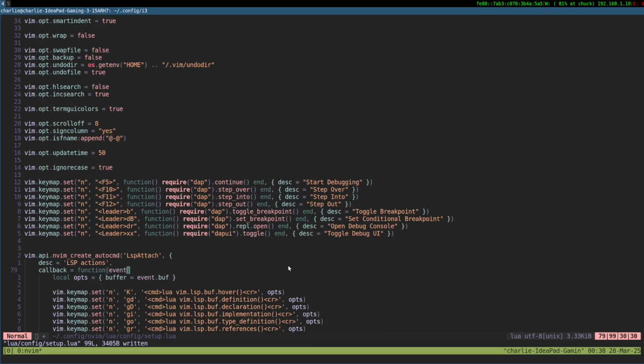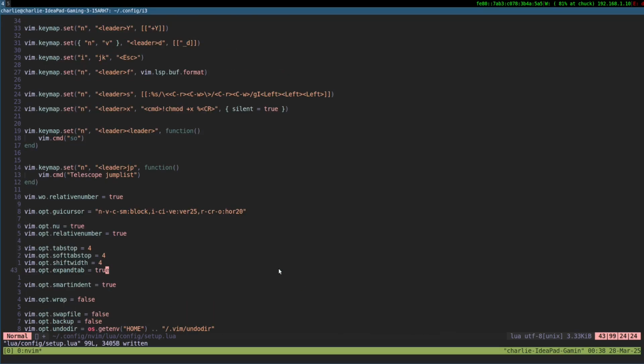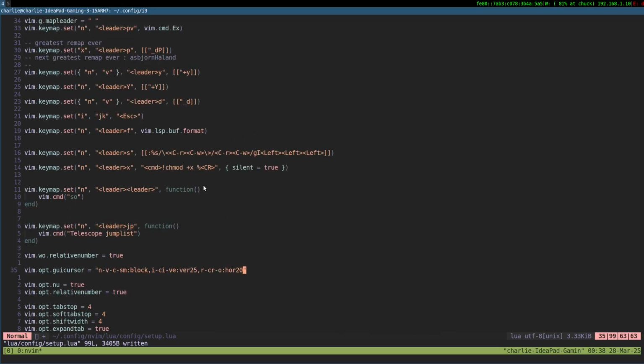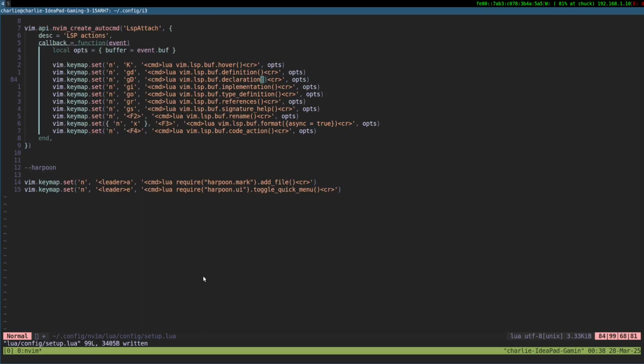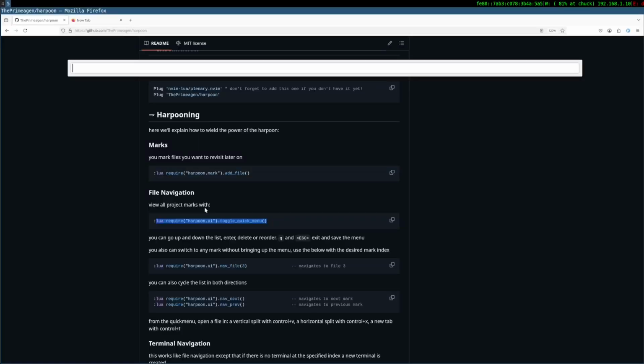Remap to Control H. All I have is this, Control H, Control E. No. Okay, I can just do this.